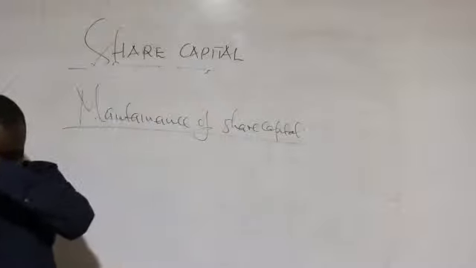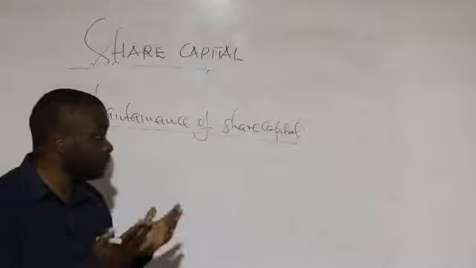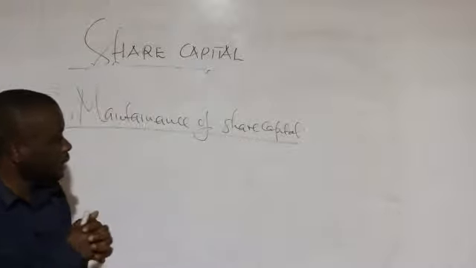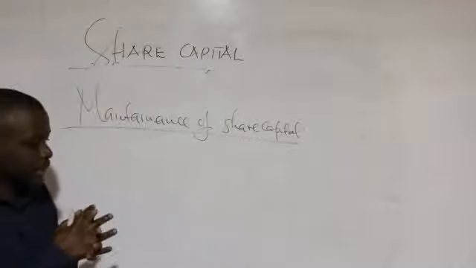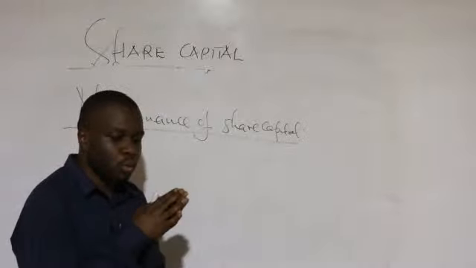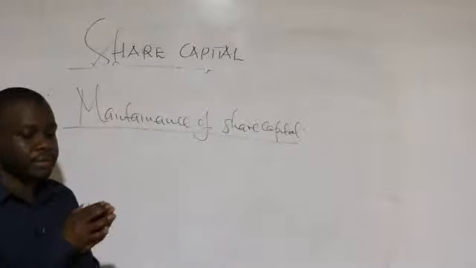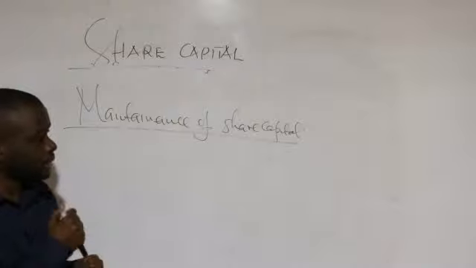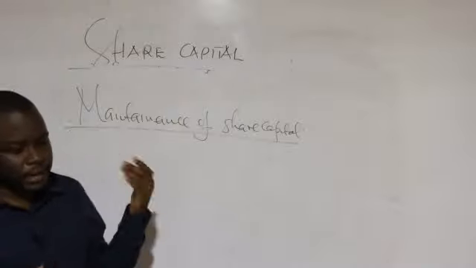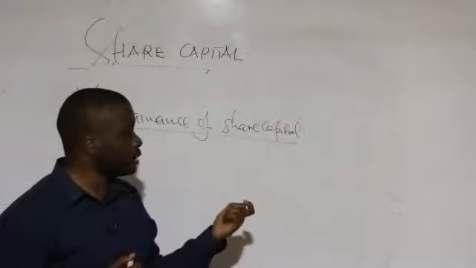So the issue of shares at a discount is very much prohibited under the Companies Act. And if the company issues shares at a discount, it has to find a way to fill up the deficit of that discount,